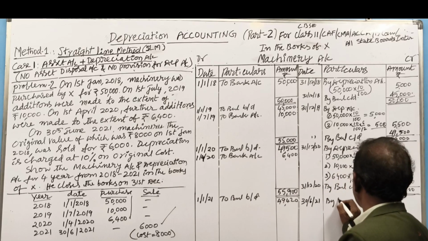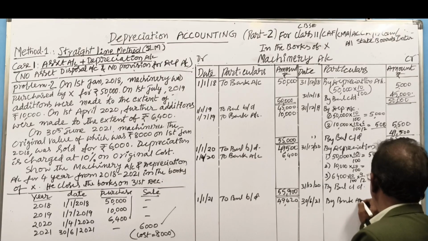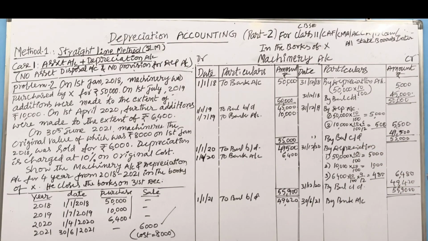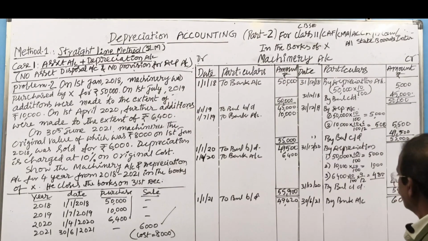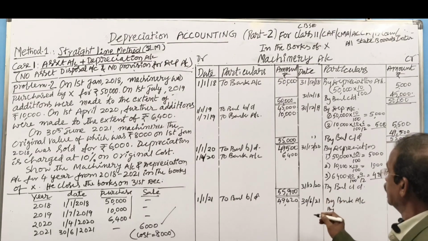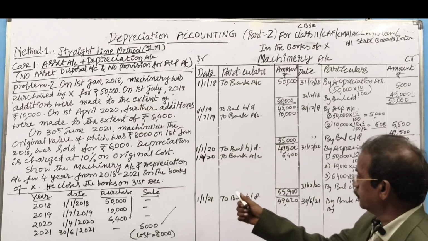30/6/21, by bank account. We have received cash through bank, that's why we are writing by bank account. How much? 6,000. After that, we have to calculate the depreciation in the year of sale,